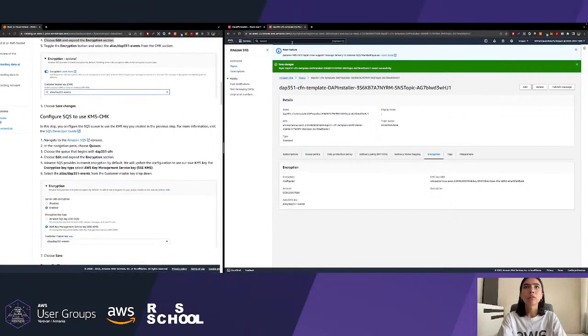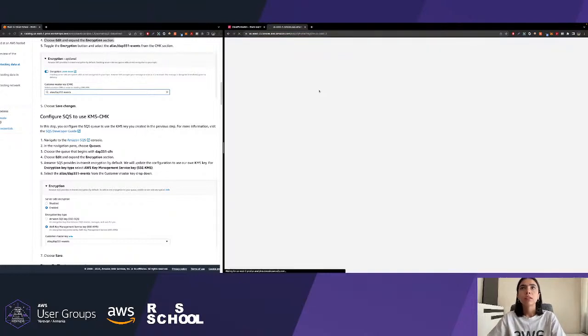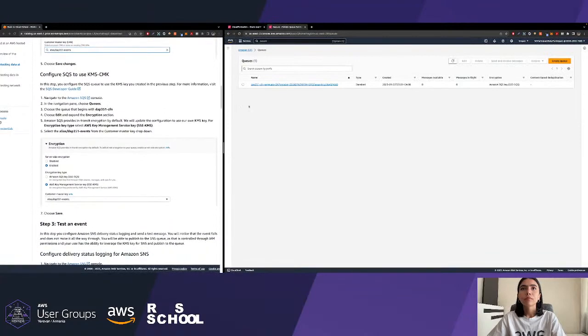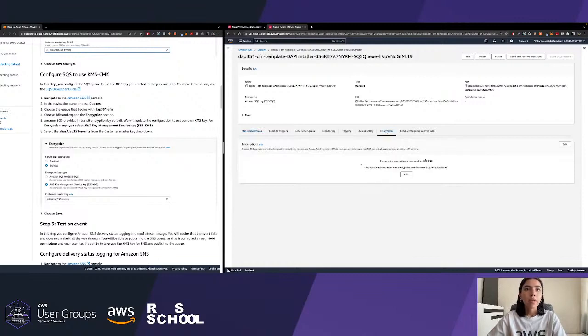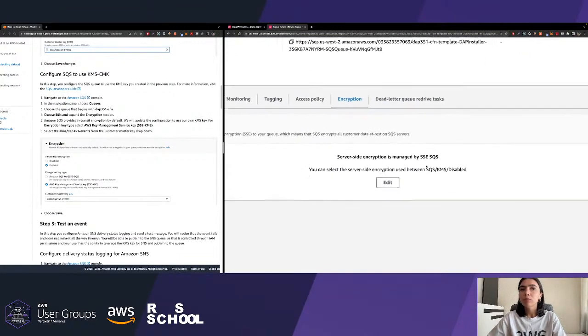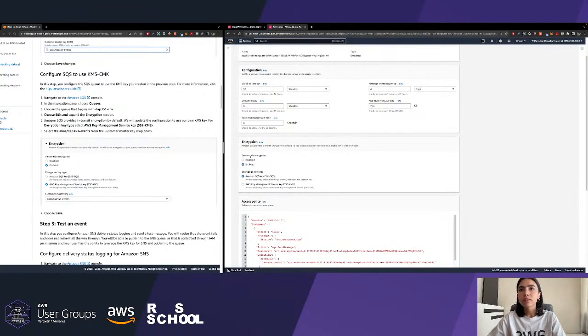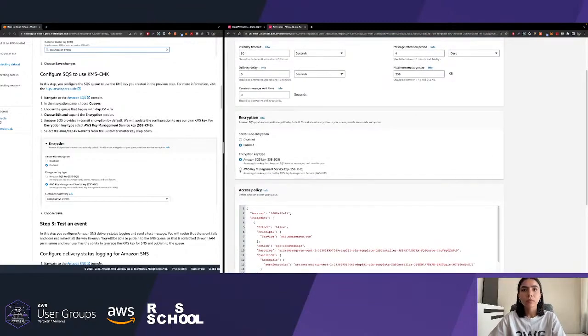Okay, let's go and place SQS encryption. So, as suggested from our documentation, we should go to the encryption part. We don't have any kind of server-side encryption in place, so just edit this thing. Okay, here you can see server-side encryption is enabled, but it is using the default SQS key.